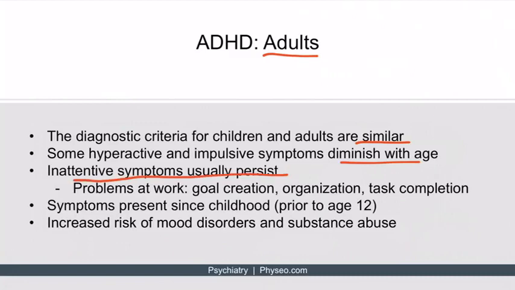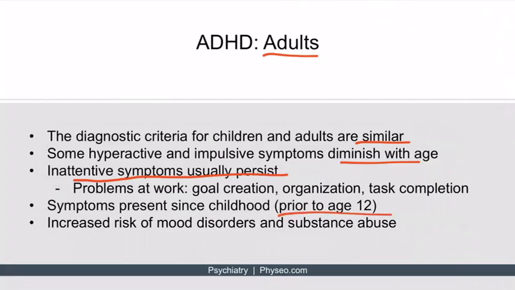And these can cause significant problems at work or in other settings due to difficulties creating, organizing, and completing tasks or goals. The inability to remain focused on a certain task, meet deadlines, and overlook mistakes can cause notable distress and dysfunction. One of the keys to diagnosing an adult is by obtaining a thorough history, because the hyperactive and inattentive symptoms described need to have been present since childhood, so prior to age 12.